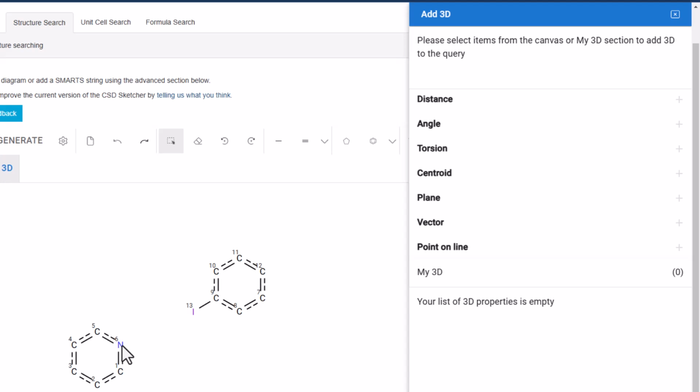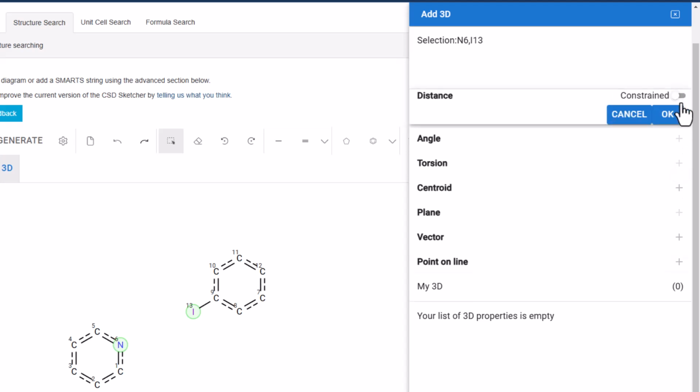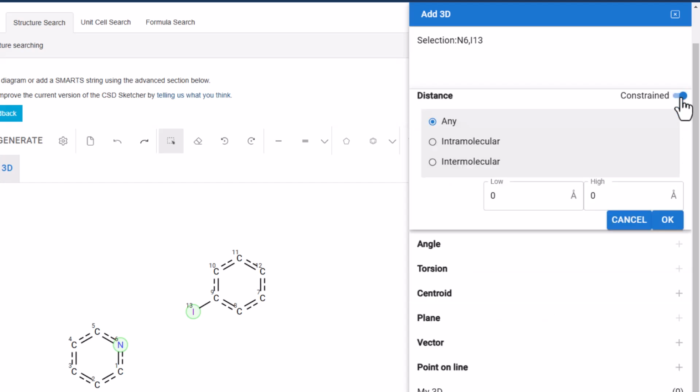In this search query, I want to constrain the distance between the nitrogen and iodine atoms to a maximum value to look for potential interactions between them. Having selected those two atoms, you can click plus next to distance, and you'll see that at the top there's a little slider that gives you the option to constrain the distance. Click on that slider, and then you'll see that you have three options.